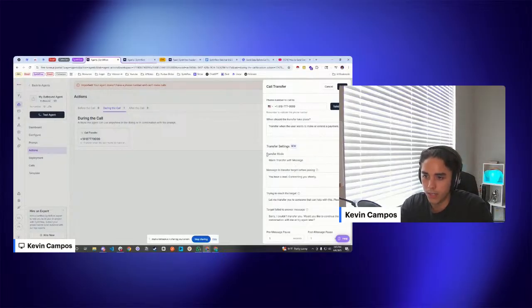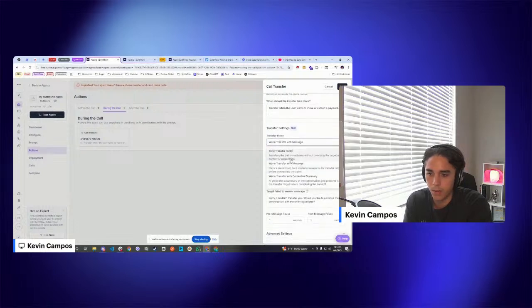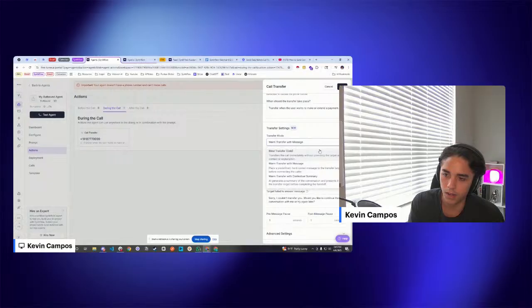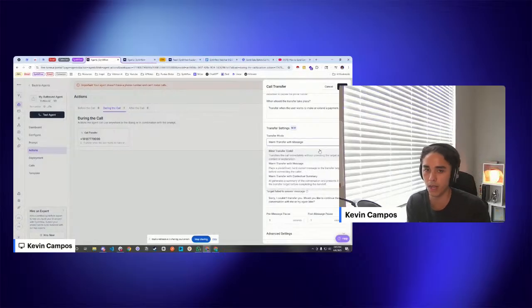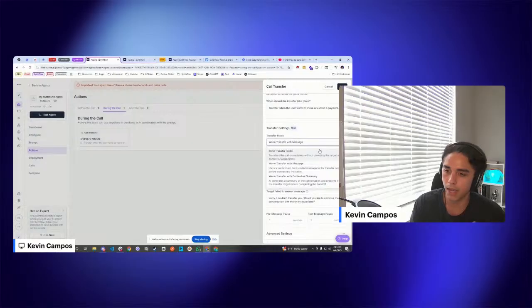So this, as you can see, we added a new feature here called transfer settings. It's part of the UI now, and essentially you are able to do 3 types of transfers. One transfer is a blind transfer, which obviously you will not send any information. Warm transfer with message is just sending a message over with the voice AI, meaning whenever somebody answers the